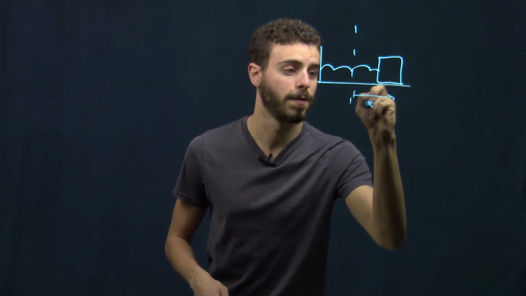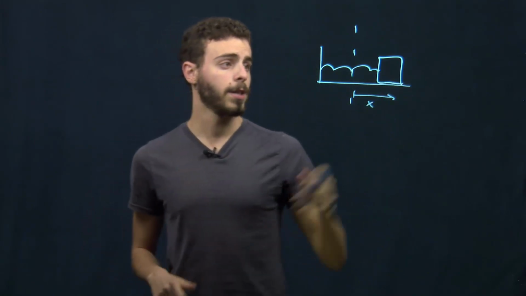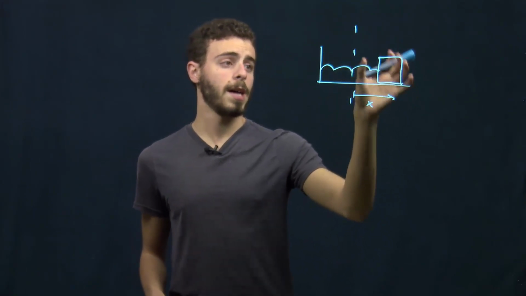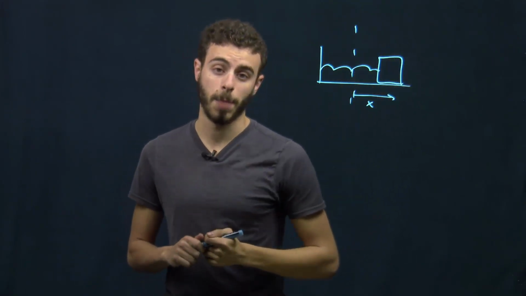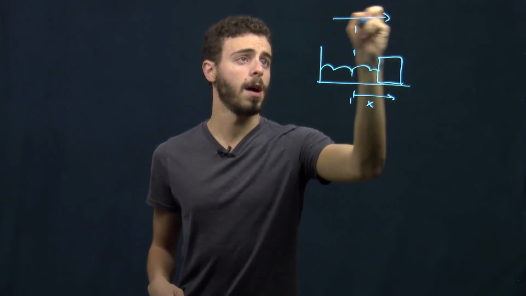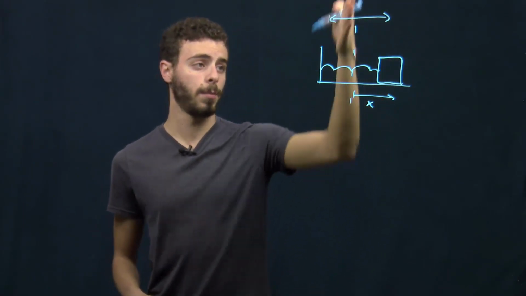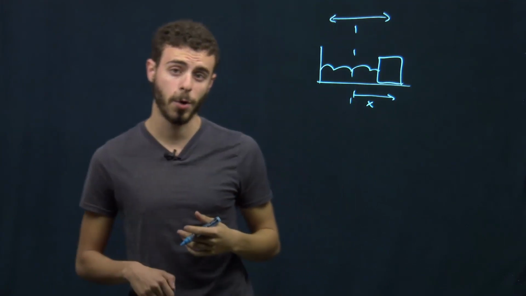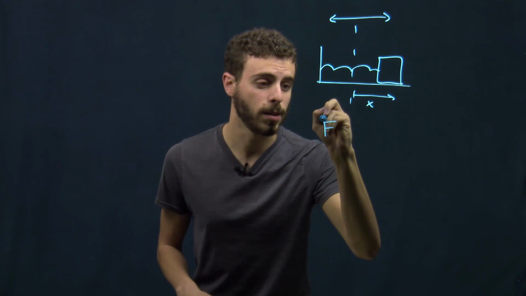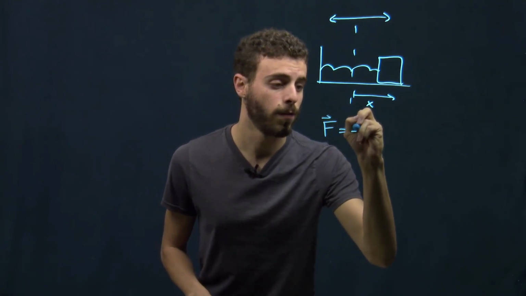And so this is going to be defined as our x vector. So we have this distance x here. And so then what we want to say is what happens when we let go of this box. What we know from class is that this will be oscillating around this equilibrium position of the unstretched spring. And we can see that by recalling Hooke's law, which basically just says that our force,